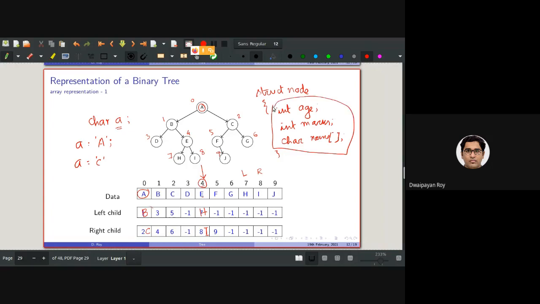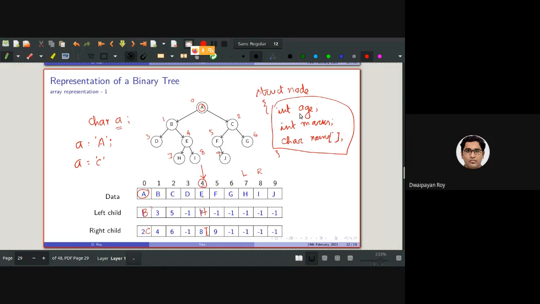So for this example, I am just storing the alphabets. But for this example, when I need to store not some implicit data type, but some structure or union, then I am taking up a much larger memory, right?